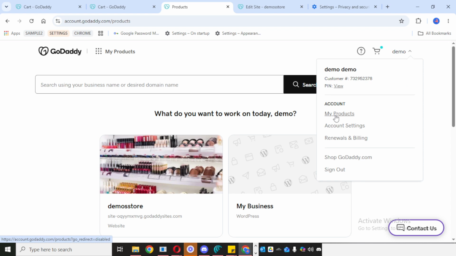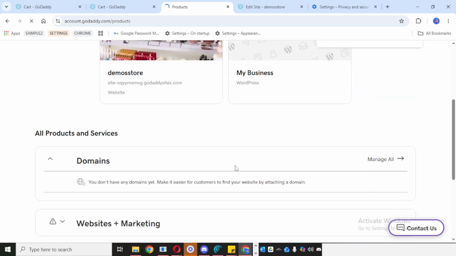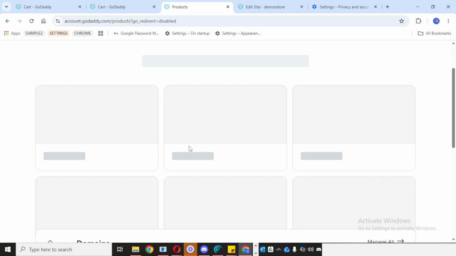Take a moment to locate the correct website plan, then find Website Plus Hosting and click on it. If you manage more than one website, be careful to choose the right one before moving on, since you'll be editing that specific site's settings. Next, click Manage. This will open the controls for your website and let you access the editing tools. Once you're in the management area, click Edit Website. This is where you can make changes to your site's design, content, and connected tools.